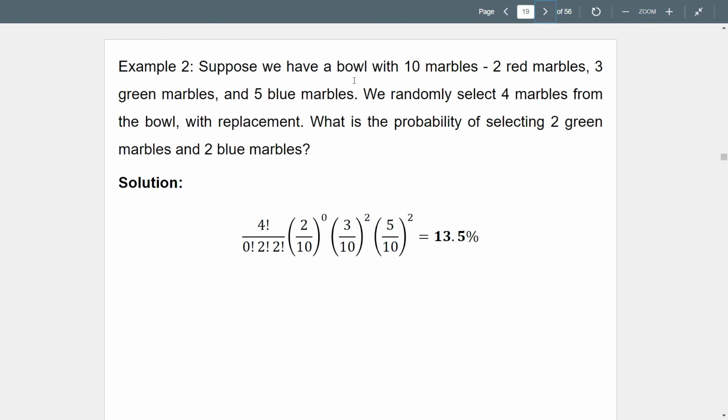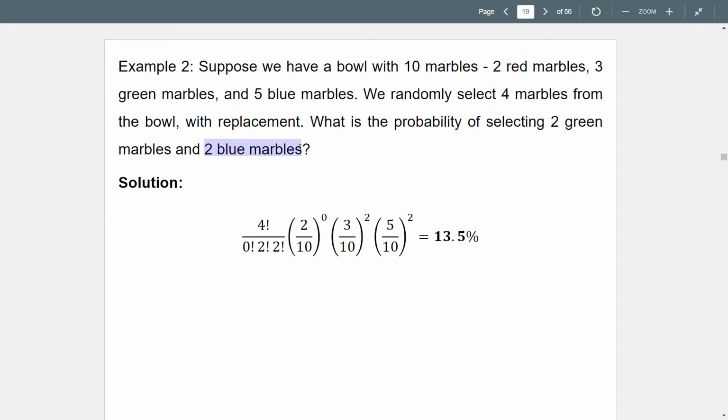Suppose that we have a bowl with 10 marbles. Those are 2 red marbles, 3 green marbles, and 5 blue marbles. We randomly select 4 marbles from the bowl with replacement. Every time you get a marble, you place it back. What is the probability of selecting 2 green marbles and